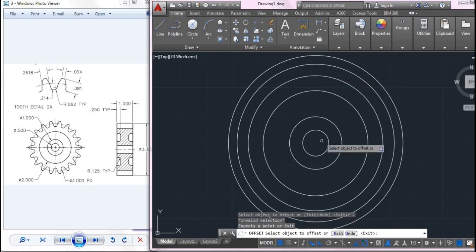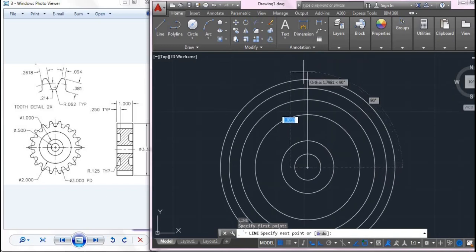Now we will take a line from a center, a straight line I will be taking like this. Then next, in order to draw this profile, we have the upper edge dimension, it is given as 0.94, and the middle one it is given as 0.2618. So we will draw the upper edge first. In order to do this, we will be taking a line from this end. I will be drawing 0.94 by 2, that is half of 0.94.